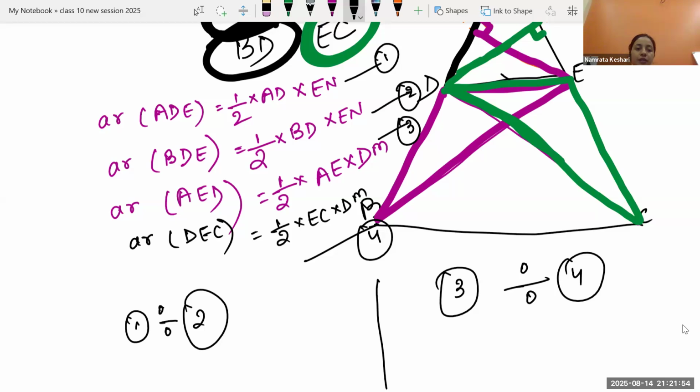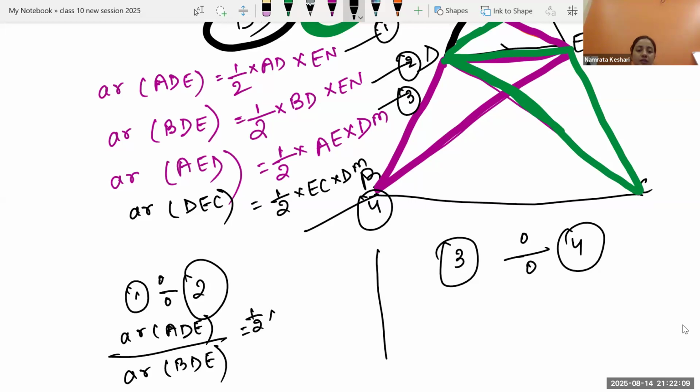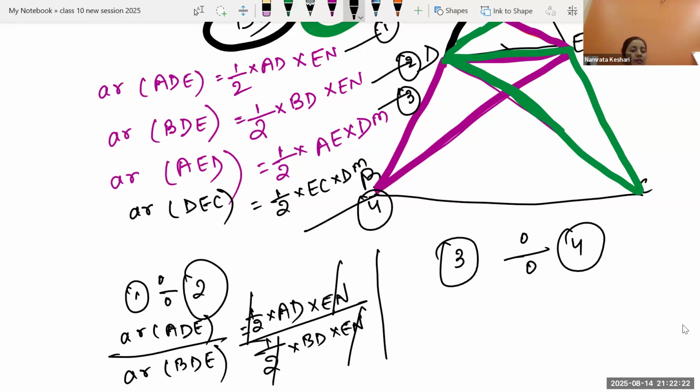So equation 1 divided by 2: area of triangle ADE divided by area of BDE, that is equal to 1 by 2 into base into height over the other triangle, 1 by 2 into base into height. You will find that EN is gone, 1 by 2, 1 by 2 gone, and the ratio you are getting is AD